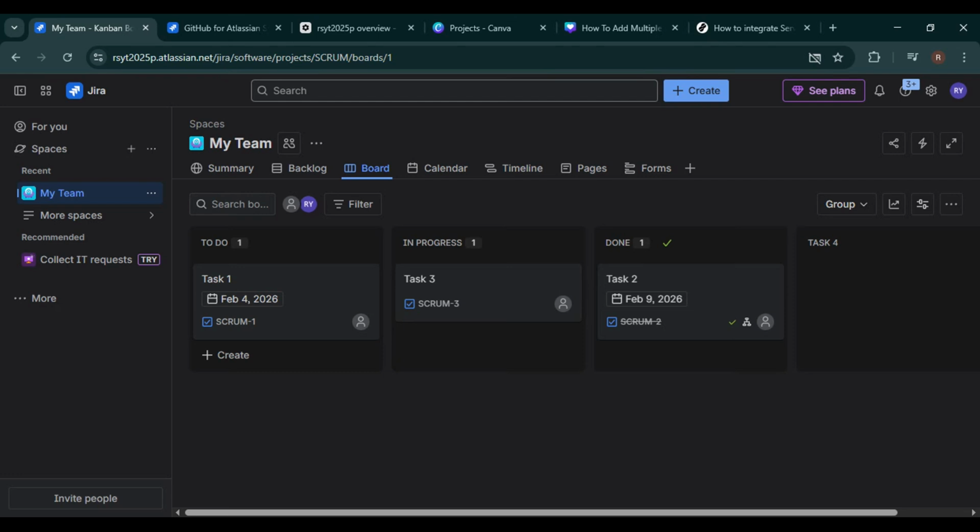Alright, let's get started. First, open your browser and go to your Jira dashboard. Make sure you're logged in with an account that has admin permissions, because installing apps from the marketplace requires admin access. Once you're inside Jira and your main board or project is visible, take a moment to confirm you're in